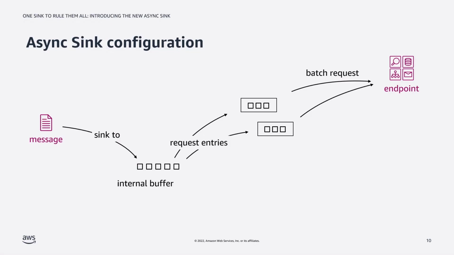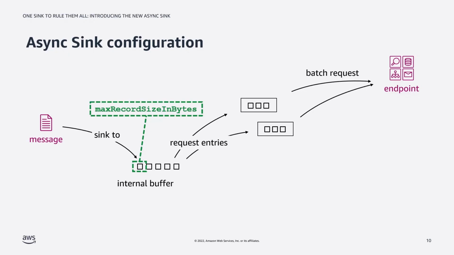Okay, so now the demo is complete, we're going to look through the internals of the Async Sink and how the configuration can be used to tweak different aspects of the actual underlying framework. So we have this internal buffer, and we also have batches. Within a batch, we have records, and this configuration option, max record size in bytes, is used to configure the maximum size, or the maximum number of bytes, per record. If you try to enqueue a record with a number of bytes greater than this value, it will be rejected